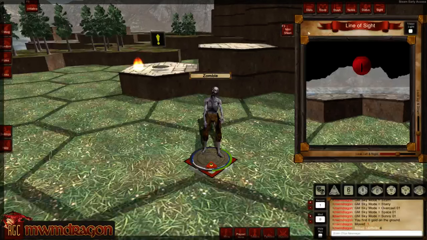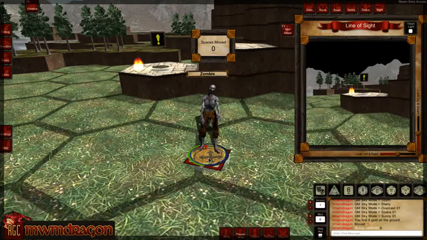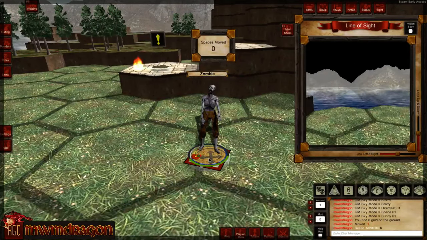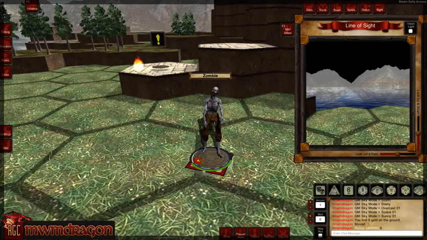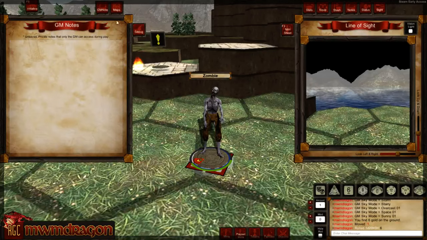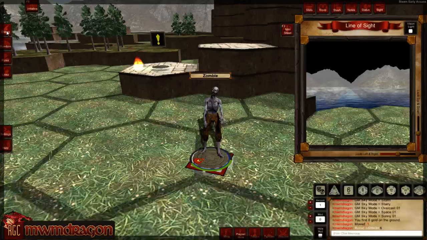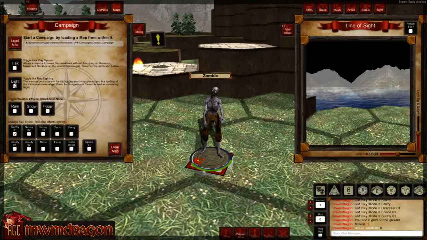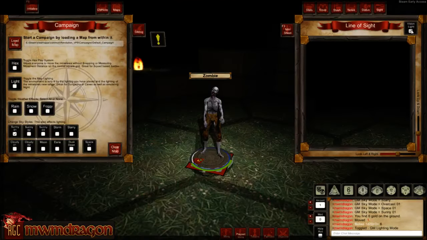So what you can do is you can use this miniature to see exactly what this miniature is looking at based on what it's facing. So if you're playing a game that requires a line of sight, you can actually see the line of sight of that miniature. And if you're using sensing or line of sight by a distance of vision, when the lights are out, let's see here, go back to the maps, we'll turn the lights out, and you'll see now with this vision light